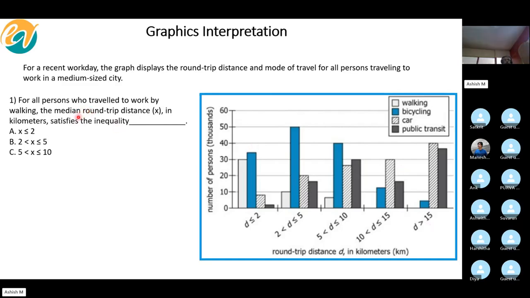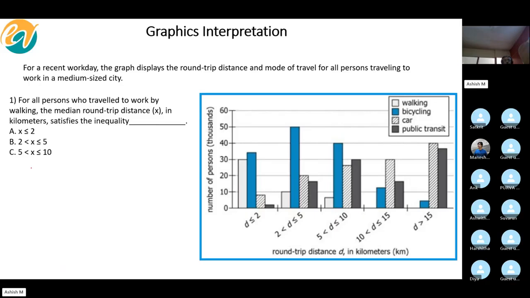For all people who travel to work, the median, and we discussed this in the statistics class. What is median, by the way? The middle value. The median round trip distance of those who traveled by walking. All right. So we are only talking about these, correct? So now for walking, if you look at it,